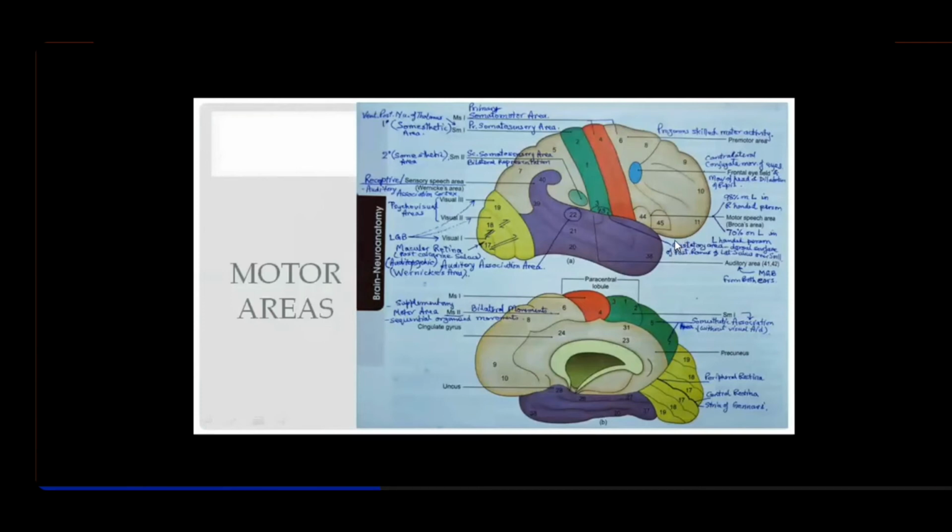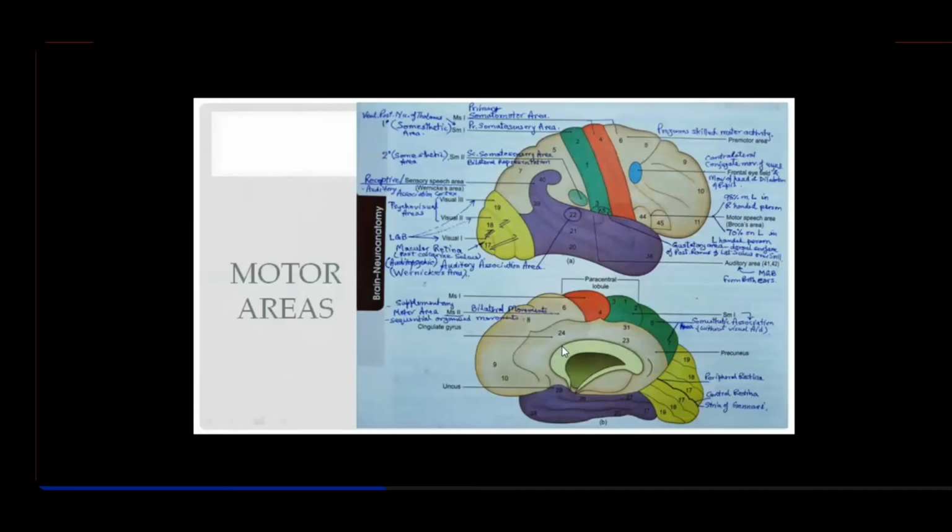So this is the frontal lobe, which is occupying the head behind the frontal bone, above the orbits. This area is on the superolateral surface, right? The anterior portion of the superior, middle and inferior frontal gyrus. Then it also includes the inferior surface, that is the orbital surface. Remember, there was an H-shaped sulcus on the inferior surface of the cerebral hemisphere, the orbital surface. And it also extends onto the medial surface.